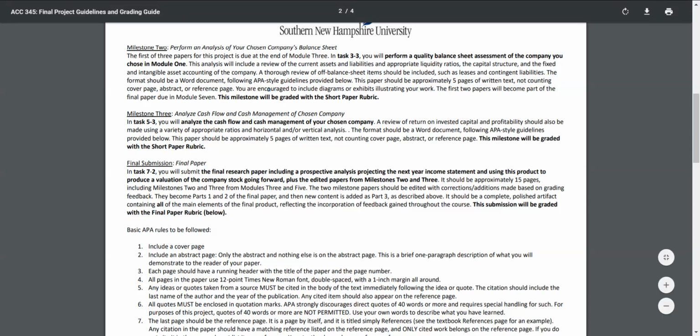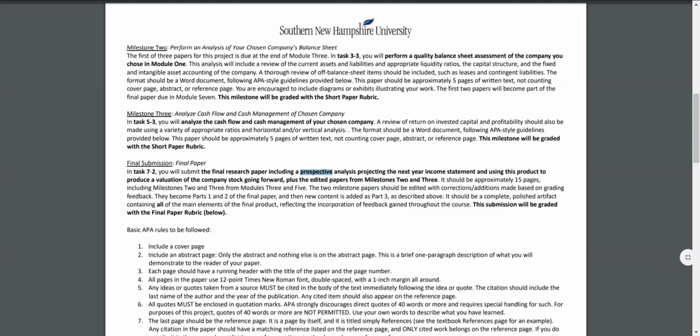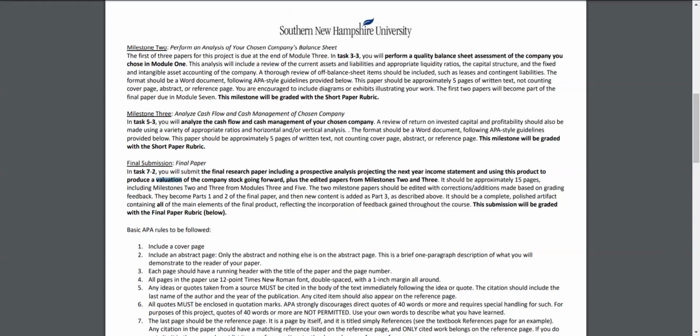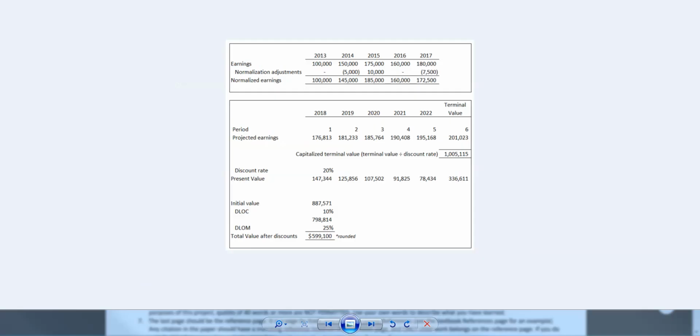These are the key components I want to make sure that you include in the paper: a perspective analysis, and then, using that perspective analysis, a valuation of the company. So what you're going to do is create this projection, this perspective analysis, discount it back to present value, apply some discounts, and then you'll have your company value. I'm going to give you an example of what I'm looking for, and you're welcome to use this exact